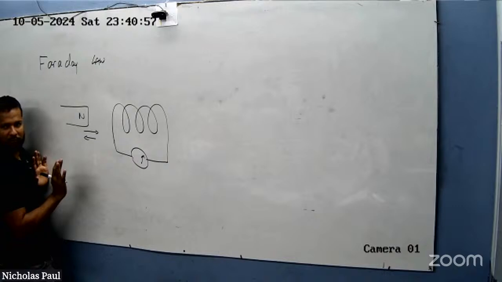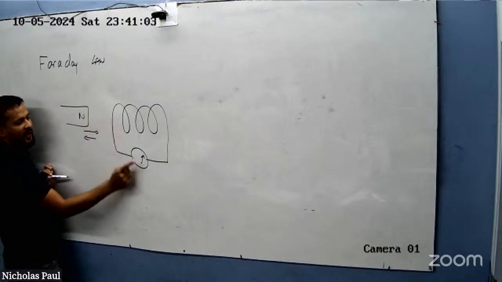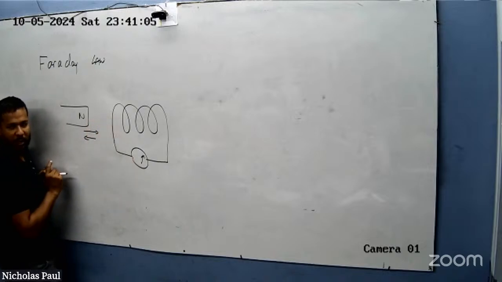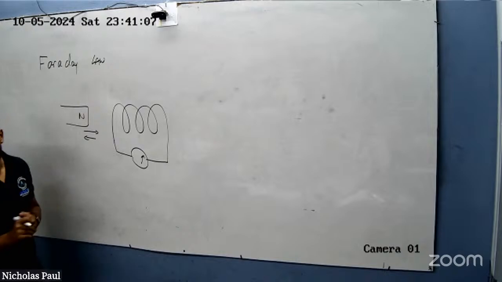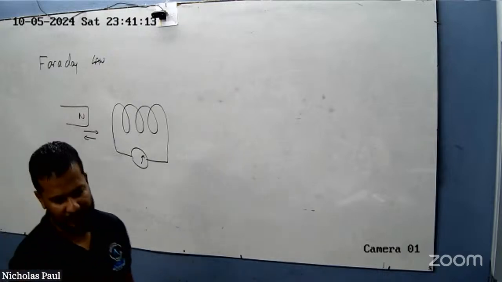That's all. That's all Faraday said. The faster I move this magnet in and out of here, the greater is the induced current. Okay, so write that down. Faraday's law states that